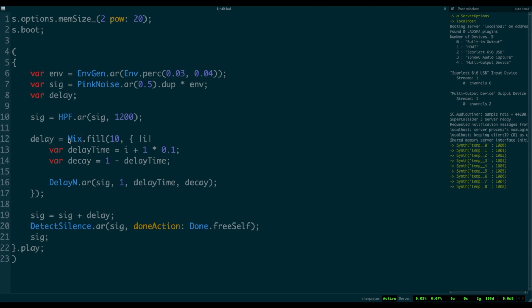Mix.fill populates the specified 10 indices, meant to provide 10 delayed signals, with the relevant index numbers, and I utilized those in formulae providing temporal offsets for the delay. In this case, a delay arrives every 10th of a second, along with values to determine the intensity of the sound. I want the sound to recede into the distance, thus the mul value in DelayN decreases by 0.1 for each successive delay. I also shortened the attack and decay times of the envelope to allow for some space between